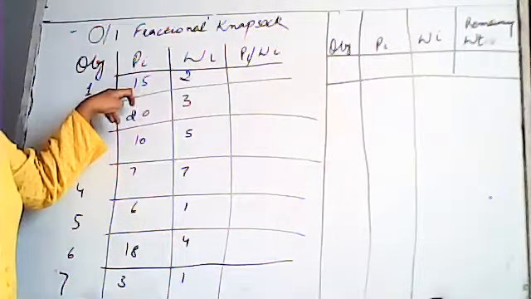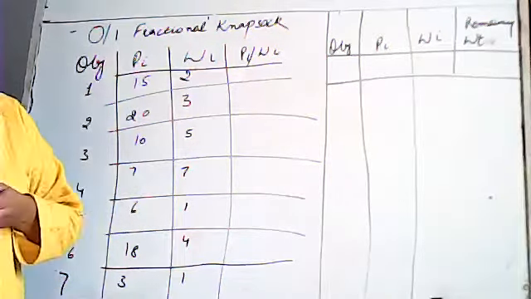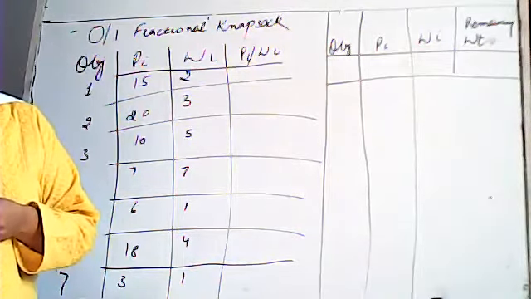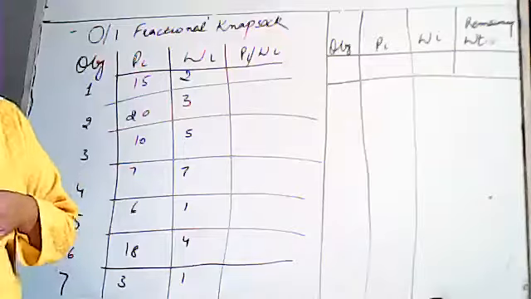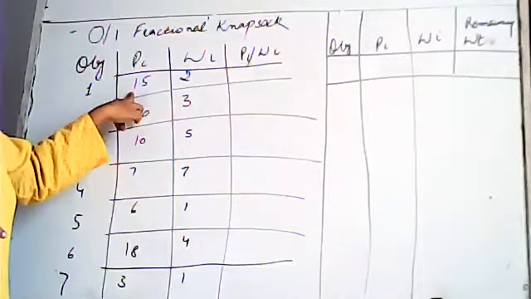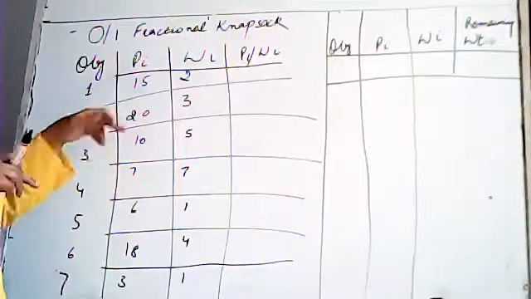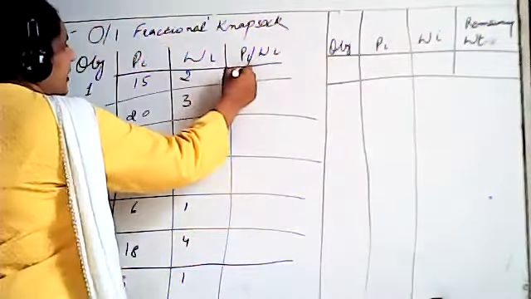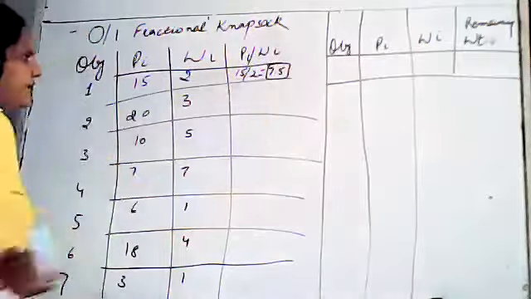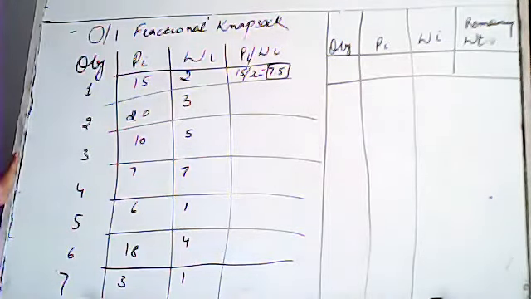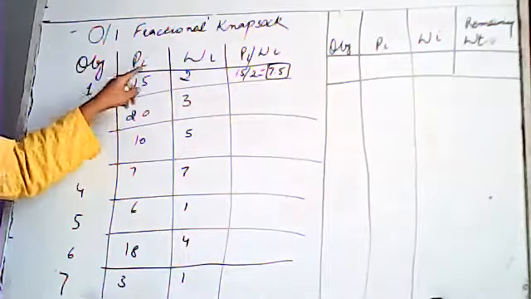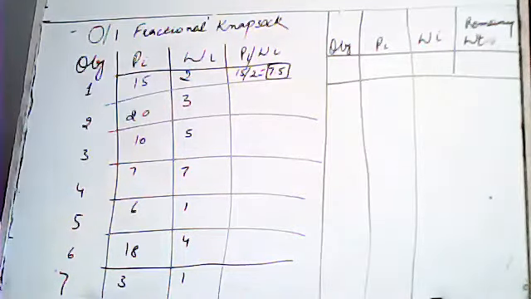First of all, in fractional knapsack, we have to calculate the individual profits, that is, by picking one unit of weight, what will be the profit that we will earn. See, after picking 2 kg, we will have a profit of 15. When I divide 15 by 2, I will get the profit for 1 unit. When I pick 1 kg, the profit would be 7.5.